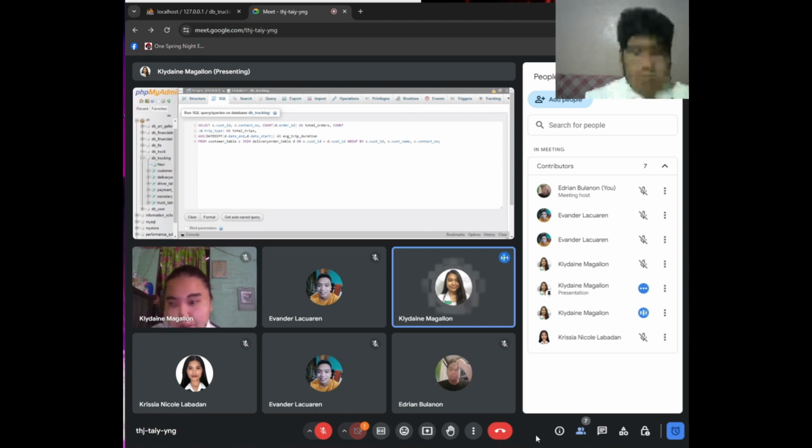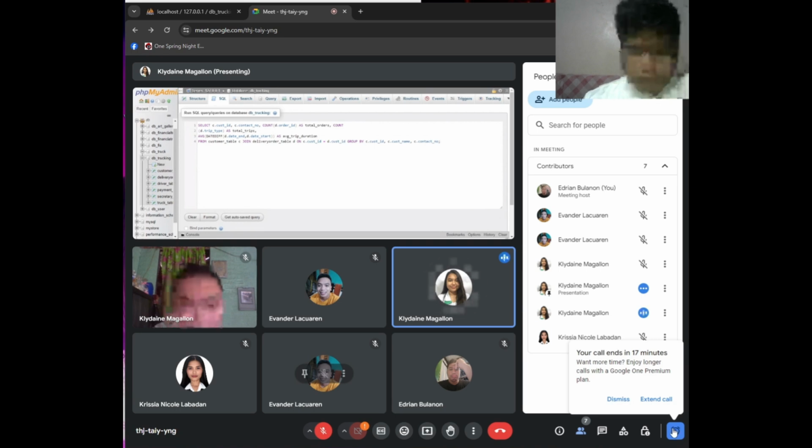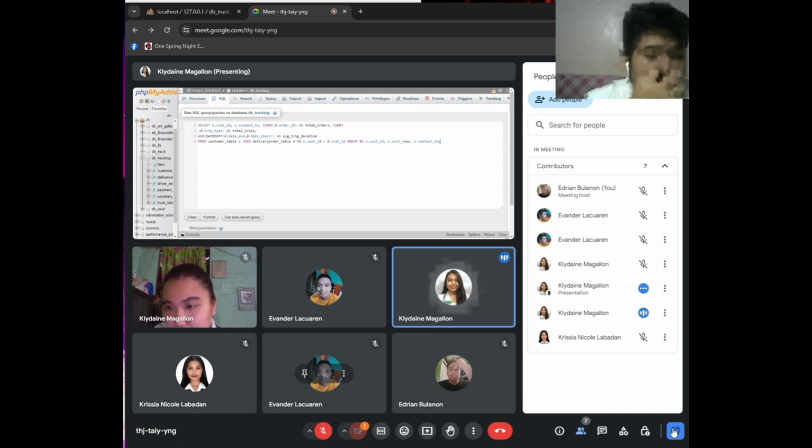Then we will also see the count of the trip type, the total number of trips for each customer. The average shows the date end and the date start. It also calculates the average trip duration for each customer.